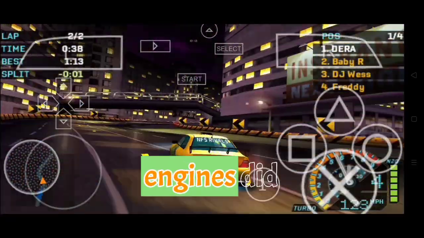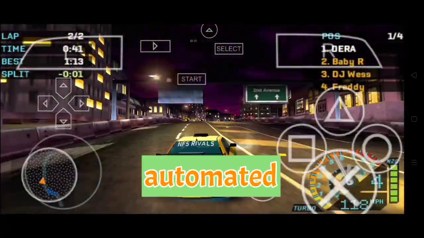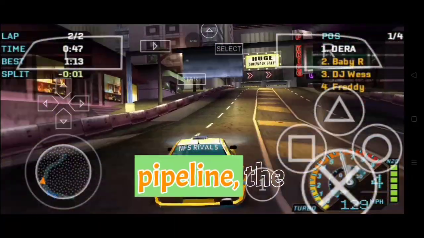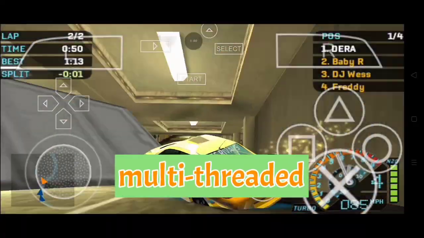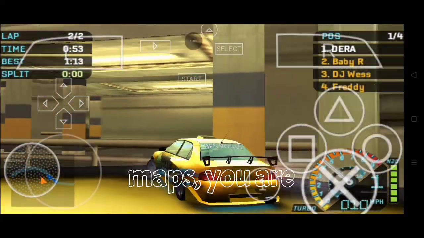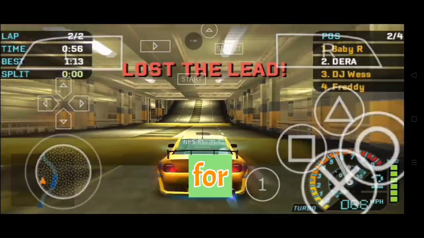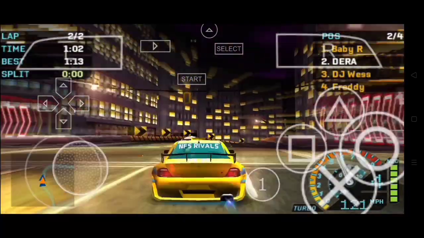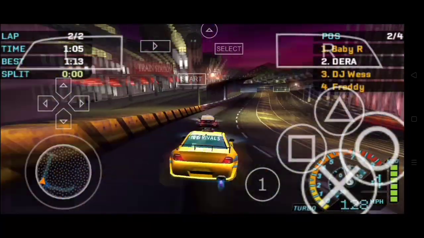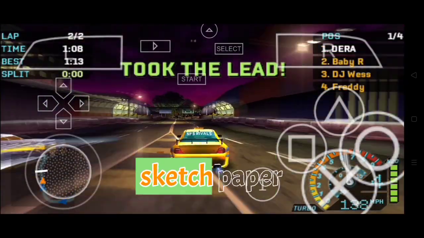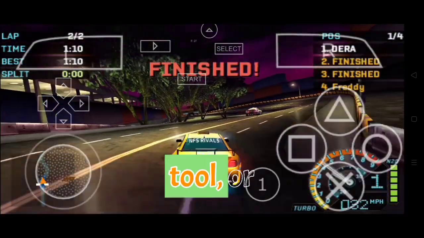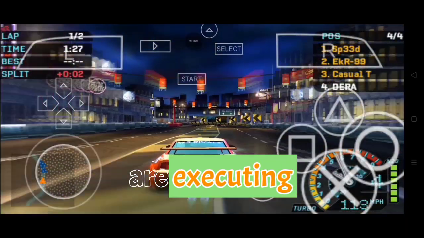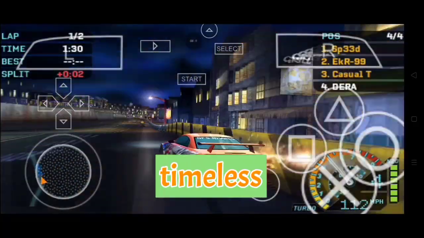So video game software engines did not invent game design, they simply automated its computational execution. When you strip away the heavy graphics pipeline, the complex shader code, the multi-threaded task graphs, and the high-resolution texture maps, you are left with the exact same human desire for system-based interaction that has guided our species for thousands of years. Whether you are drawing UI icons onto physical sketch paper with a pencil before scanning them into a digital vector tool, or writing complex procedural generation scripts in a modern compiler, you are executing the exact same timeless tradecraft.